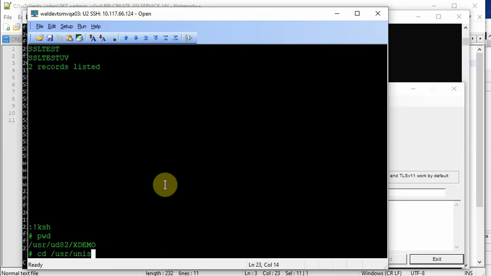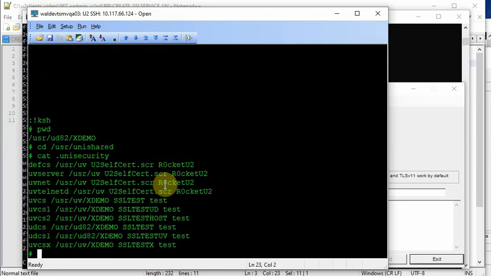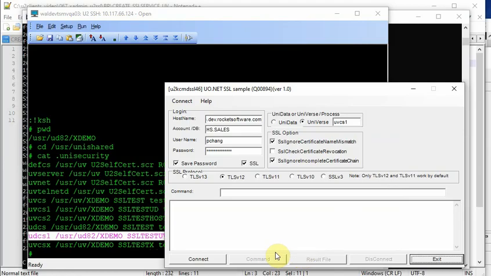Make sure the UDCS updates the .unisecurity file. This one creates the self-signed certificate from UniData, and I also create the UTCS1, which uses the Universe self-signed certificates. So after I create this, then I can